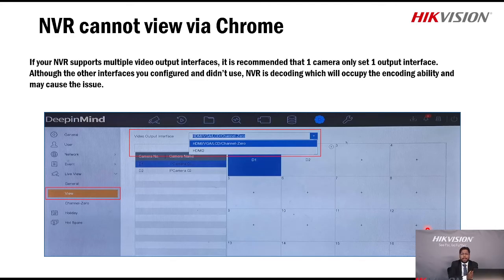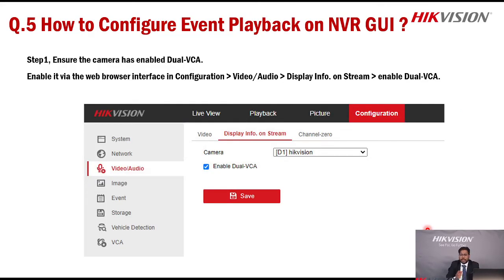So आपको यहाँ पे अगर मल्टीपल आउटपुट वीडियो इंटरफेस मिल रहे हैं, VGA भी मिल रहा है, HDMI मिल रहा है, आपने कौन सा डिस्प्ले लगाया है वो चेक कीजिएगा और उसी डिस्प्ले को ही आप आपके जो चैनल्स है वो कॉन्फ़िगर कीजिएगा। अगर आप VGA ऑप्शन नहीं यूज कर रहे तो वहाँ पे कुछ चैनल्स को वहाँ पे ऐड मत कीजिएगा इस मेनू के NVR के सेक्शंस में। So definitely this will help you to start get the live streaming on your Google Chrome. So that is one more possible results that we have discussed.